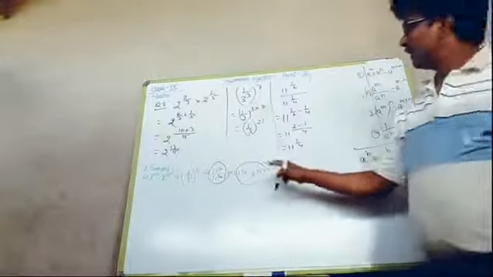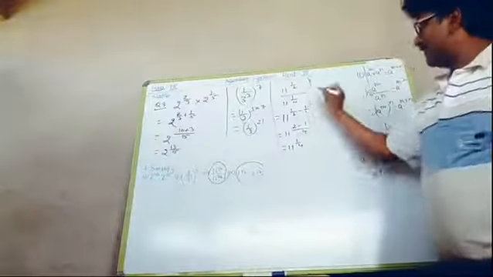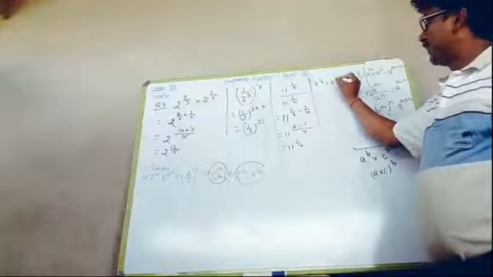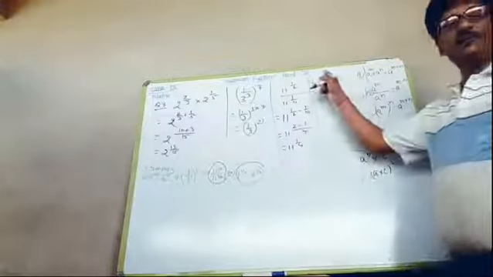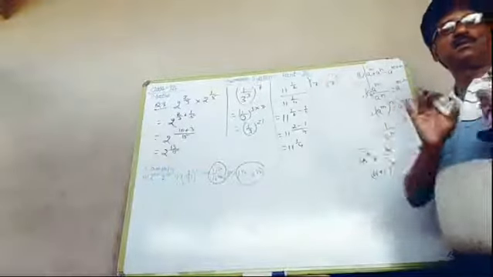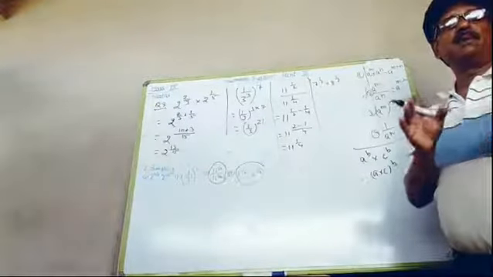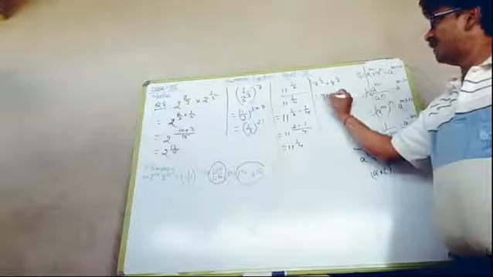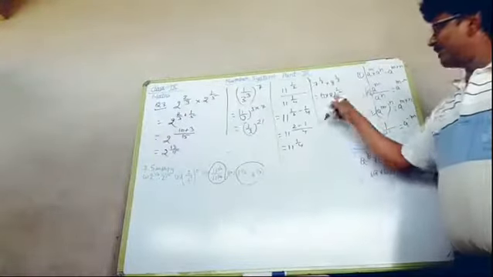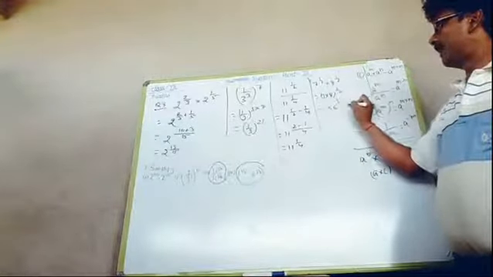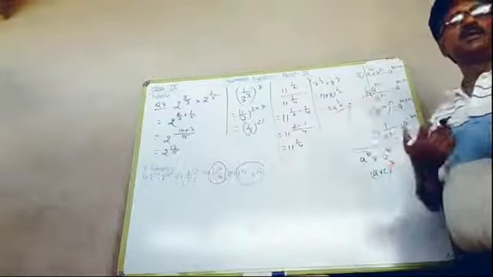So see, and this question is 7 is raised to power 1 by 2 into 8 is raised to power 1 by 2. So then we can observe that bases are different, but power is same. In this question, we have multiplied its bases. So that will be 7 into 8, and power will be common, that is 1 by 2. And 7 eights are 56. So that will be 56 is raised to power 1 by 2. Okay, so this way we can solve.